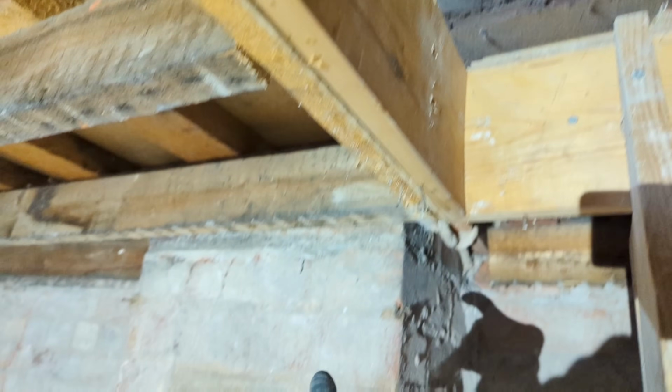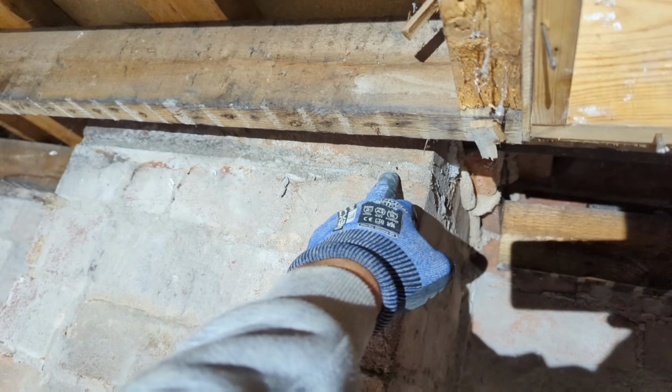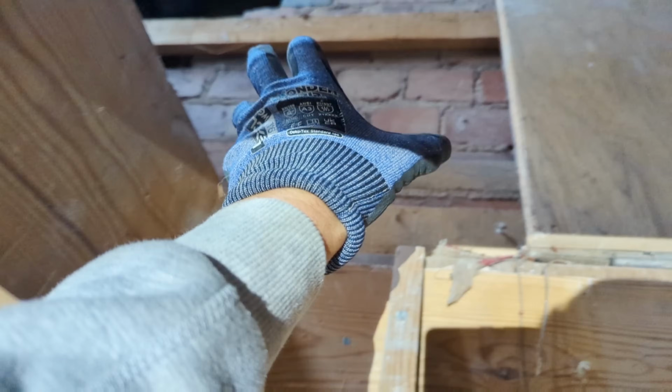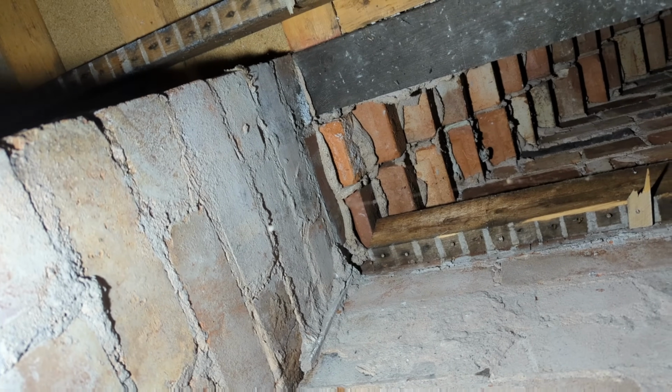So there's actually barely any weight here. There's nothing really there. So what I'll do, I'll throw a strong boy and acro in this perp or bed joint to support some of this weight above. But for now, it's actually not the end of the world because all the weight is actually over the stairs, which is actually all...